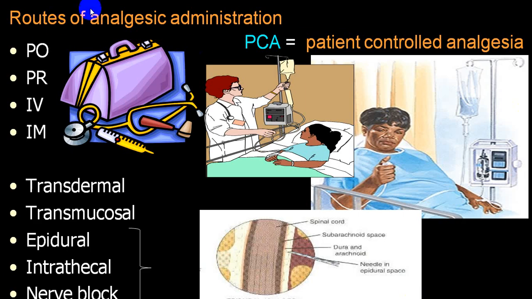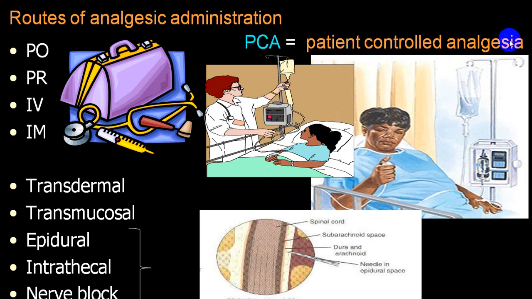Some of these analgesics are available per oral, per rectal, intravenous, intramuscular. You can utilize them as patient controlled analgesia. See here, the patient can control on his own. As soon as the pain is less, he can cut down the drip. When the pain starts, he can restart the drip. This is called patient controlled analgesia. So this particular instrument can be utilized and the patient will control the drip sets, and that is what we call